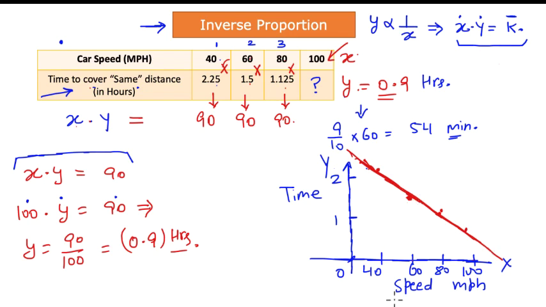That simply shows that as you increase your speed, it takes less and less time to cover the same distance. This is our key point. This is how you put these relations on graph paper, and the key fundamental is also that the product of the two variables, if they are inversely linked to each other, is always constant. With that, let us pause here, and I recommend you go into our quiz and exam modules to attempt some problems and gain solid fundamentals on direct as well as inverse proportional relationships.